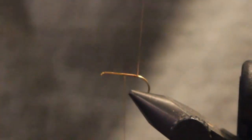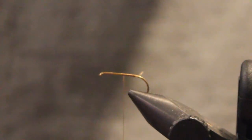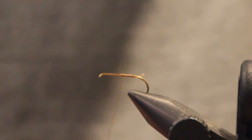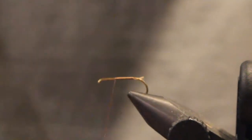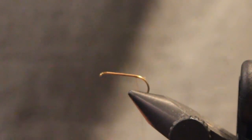You'll learn pretty quick that it happens a lot, and if you're into any detailed work while you're tying flies, then you'll have to retie on, and sometimes you have materials that you've just attached and everything just comes all undone and it's a mess. So it's just a good idea. Alrighty, now that we're down to the end here,